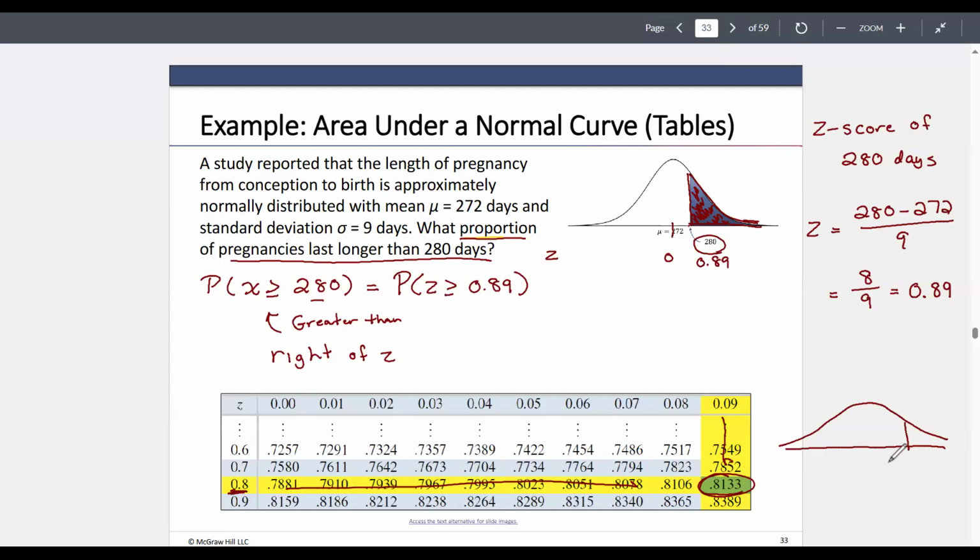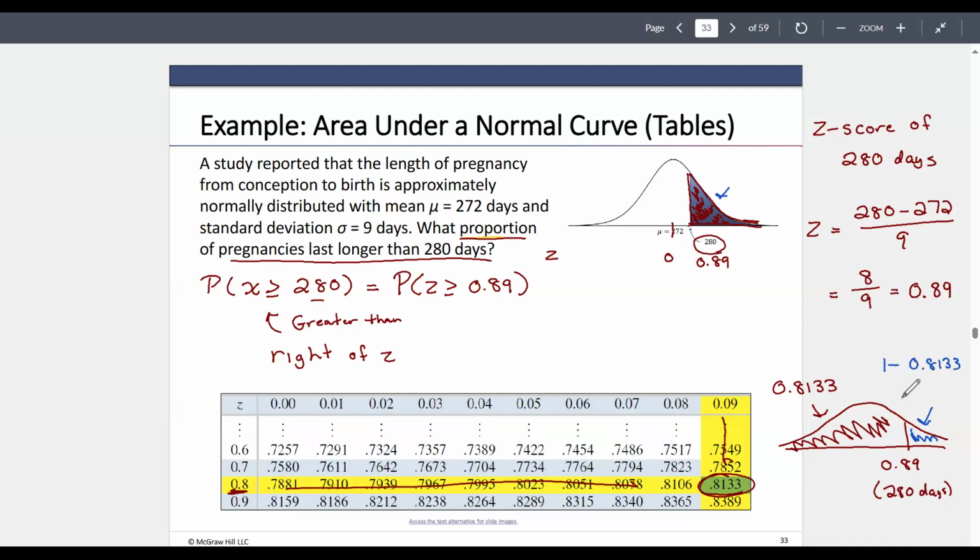So we're looking at the area to the left. So if I want the area on the other side, this area right here, which is what I really wanted, so I wanted to the right, I just take 1 minus